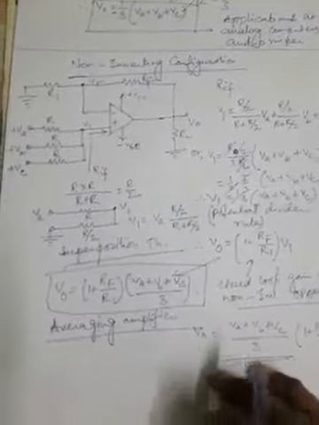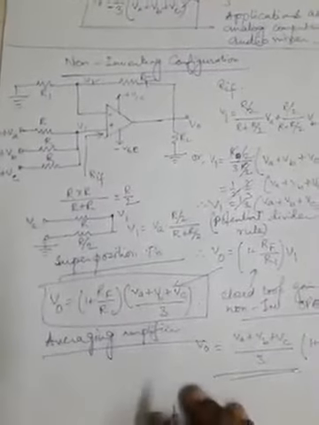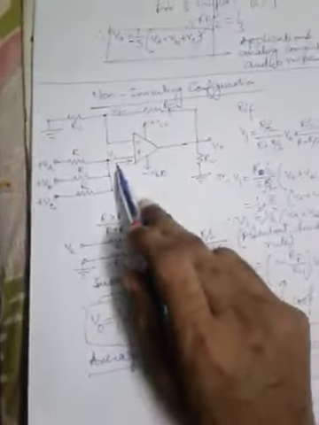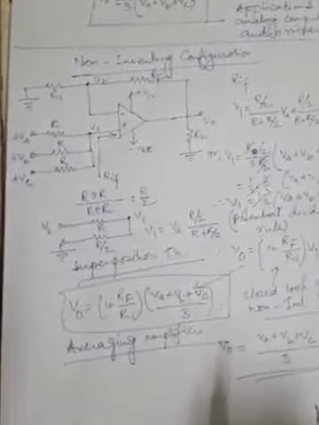Now it is to be noted, there are two basic differences between this averaging amplifier and what we found in the inverting configuration. One thing is, no sign change or phase reversal occurs between the average of the inputs and the output. At the two sides of this equal sign, it is positive and no sign change is there. That means no phase reversal, because it is working in non-inverting mode. And also the non-inverting input voltage V1 is the average of all the inputs, whereas in the inverting averaging amplifier, we have seen that the output is the average of all the inputs with a negative sign. So what is the difference between these two averaging amplifiers?